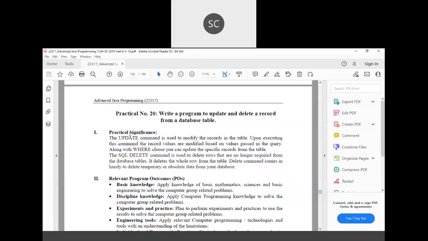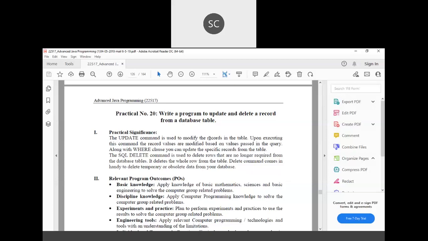Now, what do you mean by an update query? Like, what do you mean by update command? It is something like you need to modify the rows, modify the records in a table. Now, consider the example. You are selling certain products on certain sites. So you have a product database, product table. And suddenly you realize that the price of iPhone 13 Pro has increased. So you want to change the price. For example, initially you have quoted it for 80,000, now you want to sell it for 1 lakh. So you will be using update command to update the price for iPhone 13 Pro.